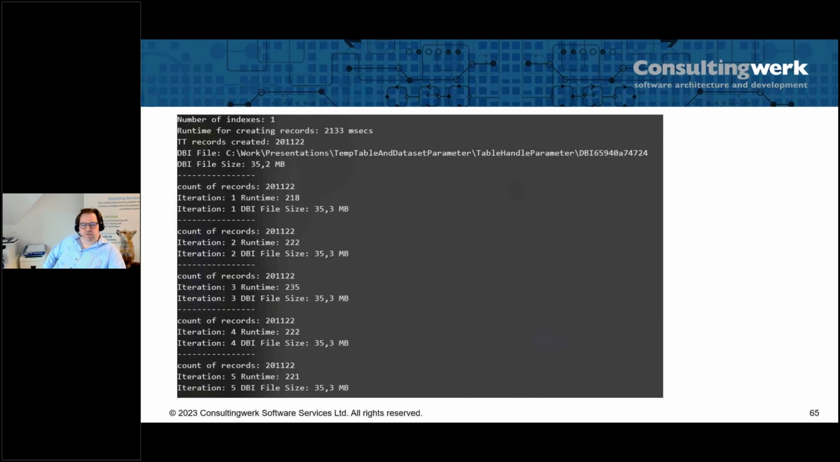So that was the input situation. Well, let's first look at the result. We see my runtime is quite fast. The DBI file doesn't grow at all because I always work with the same instance of the temp